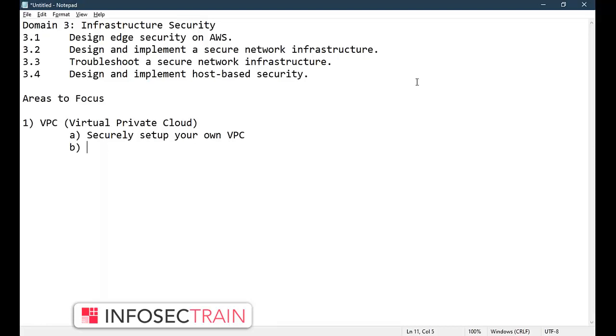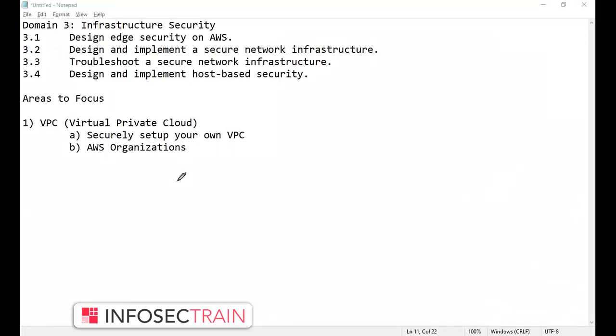The second thing you have to focus on is a concept called AWS Organizations. I'll explain this in detail. See, AWS Organizations means, I'll just show an example. So assume that